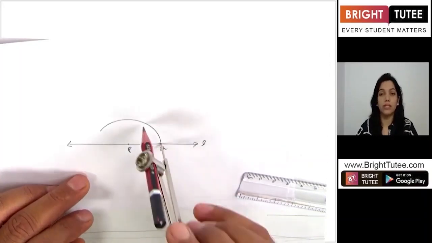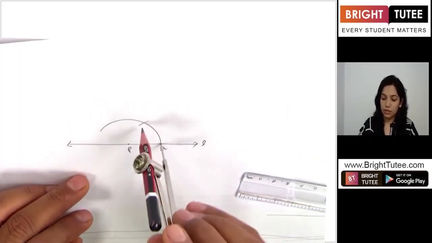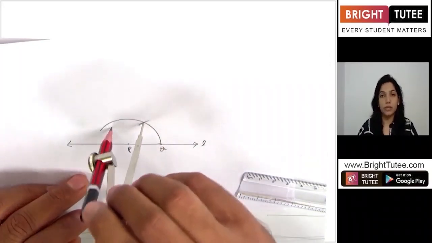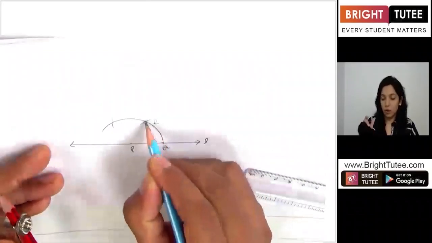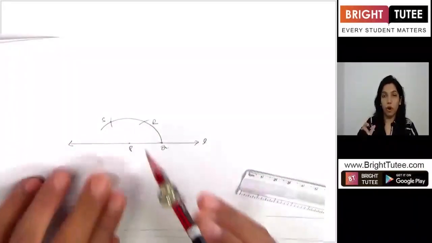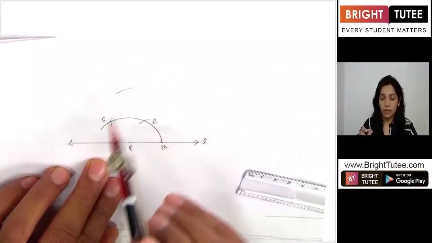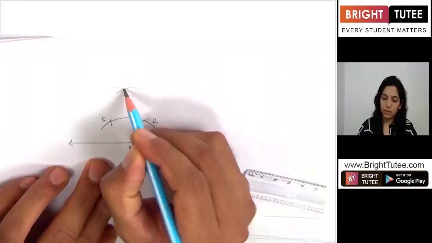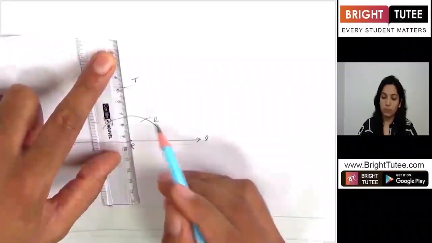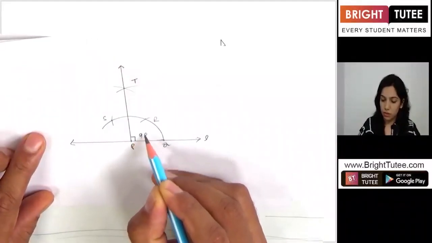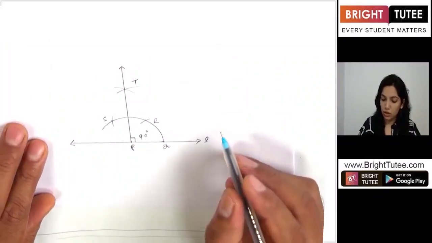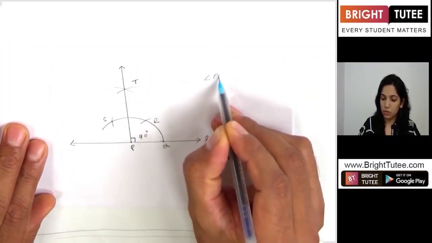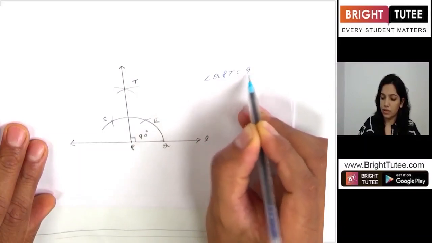How do you draw 90? You first make a 60 degrees angle, then a 120 degrees angle, then keeping the opening of your compass more than half of SR, you make an arc here, you make an arc here. Let's say it's meeting at point T. You join P to T, so you get the angle QPT equals 90